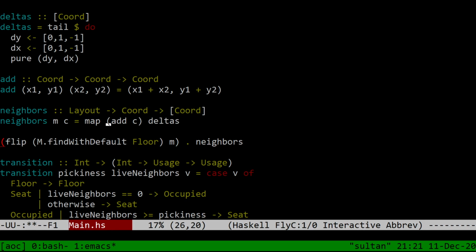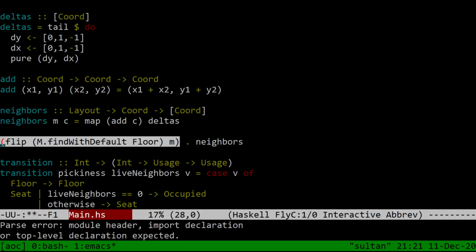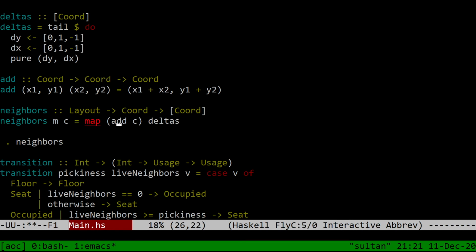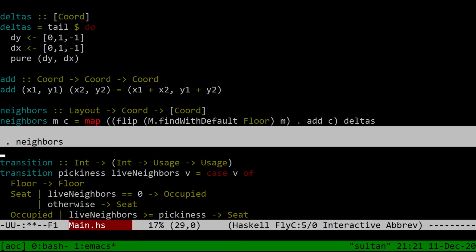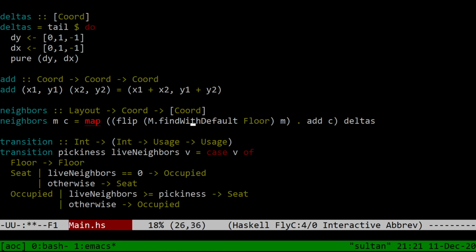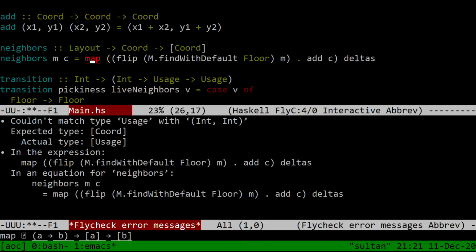So we're going to do something like this. This is not right. I see that. Why is it not right though? Maybe the type error will tell me. Taking a layout,